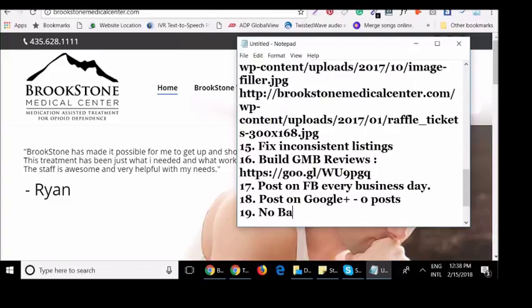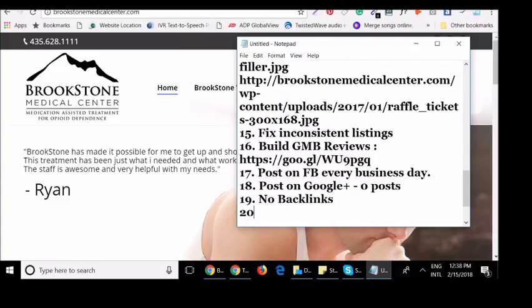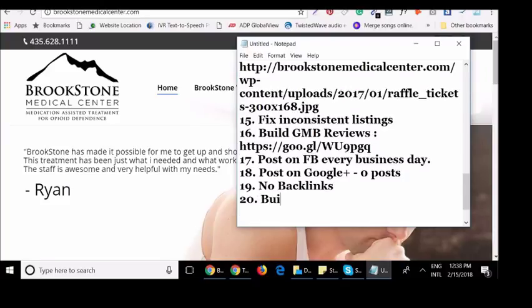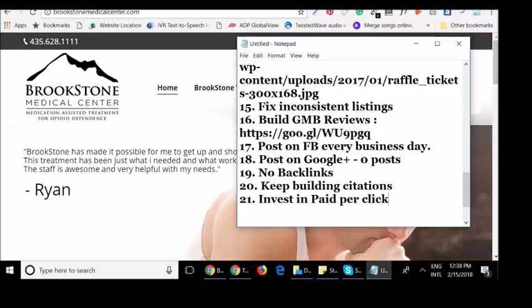So no backlinks found. Keep building citations, because that is a strong point. Number 21, I would definitely recommend investing in pay-per-click services like Google AdWords,